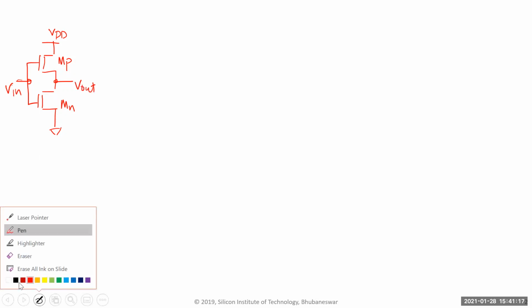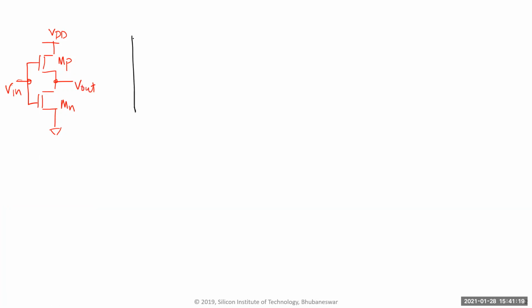So let's start with the inverter. I think everyone is familiar with the inverter right now. This is your NMOS, this is your PMOS. That's your VDD, ground. V in, V out, right? What's the transfer VTC for this? So if I draw V out versus,